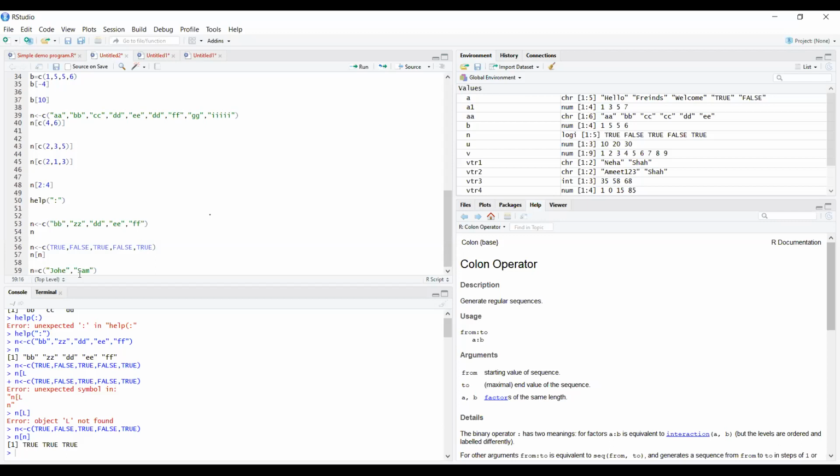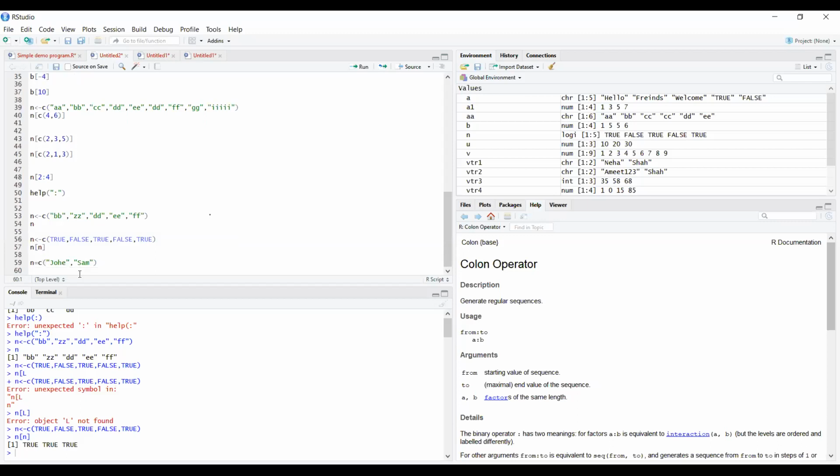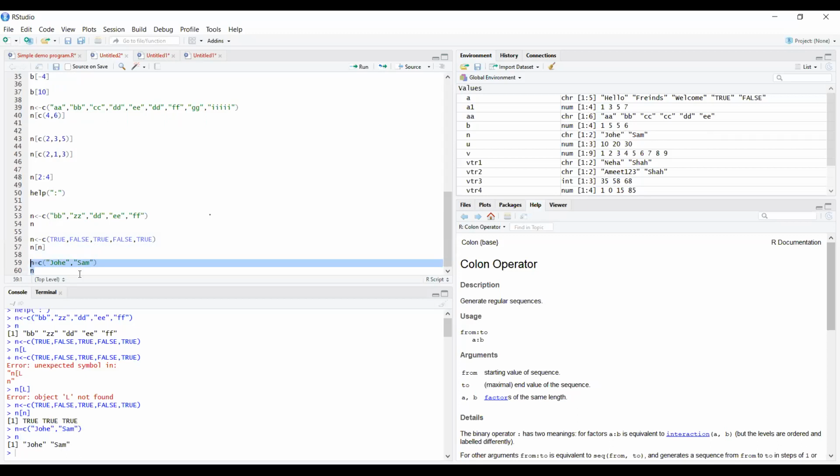If you enter this and select all, it will first show you the values assigned over there. Then you can see that the values of n are John and Sam.